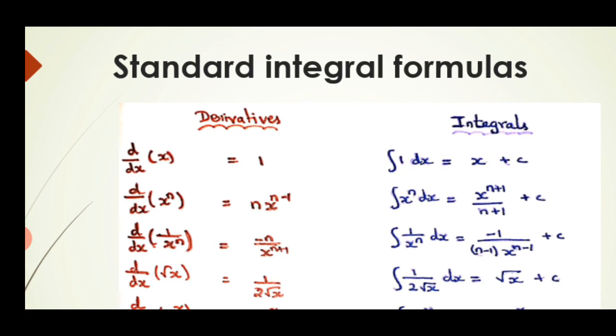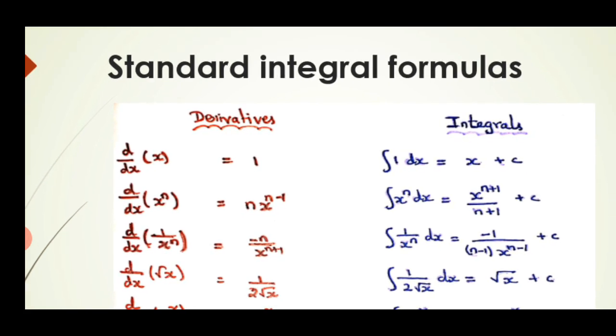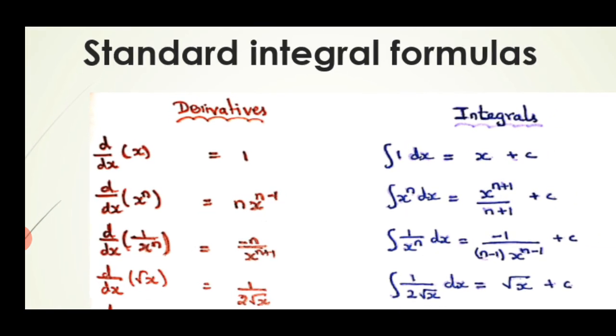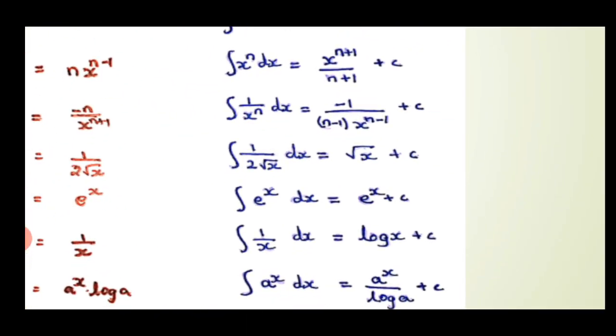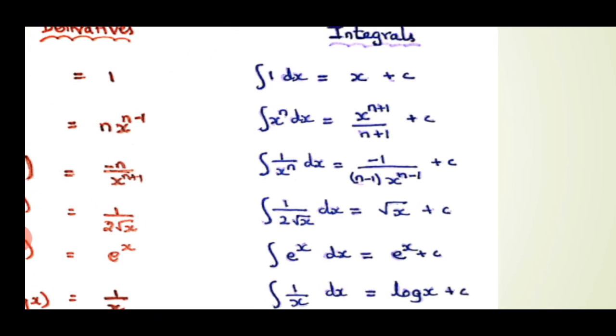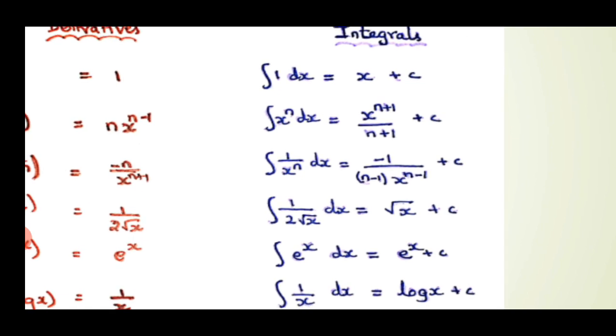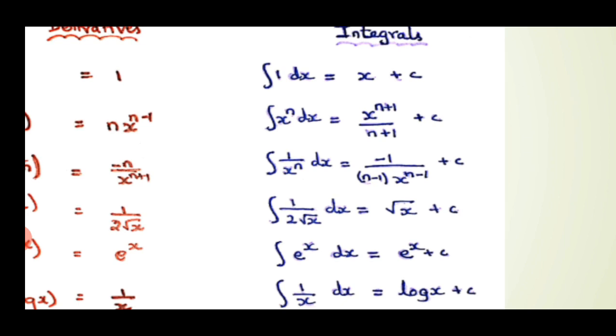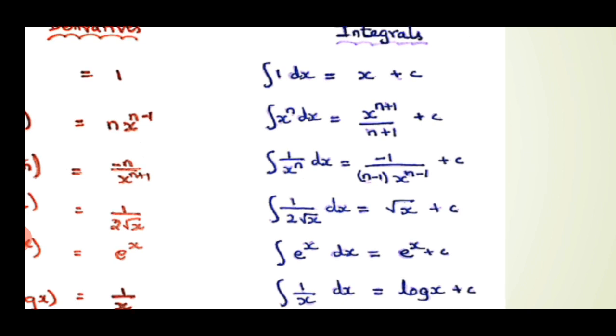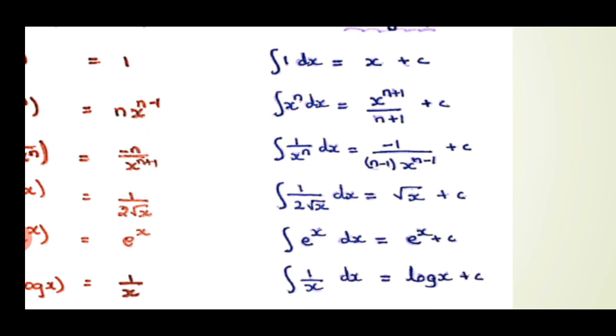Okay, now the second formula, and this one is completely different. These two formulas, the second formula and the third formula in integration, you have to learn. It's a different thing. The integral of x power n dx, when you do it, you get x power n plus 1 by n plus 1 plus c, right? When you integrate 1 by x power n, what is the answer? Minus 1 by n minus 1 into x power n minus 1 plus c, right?